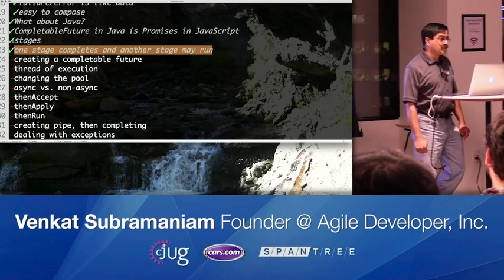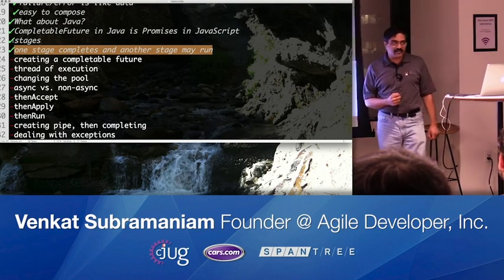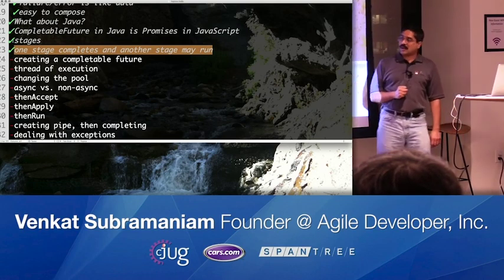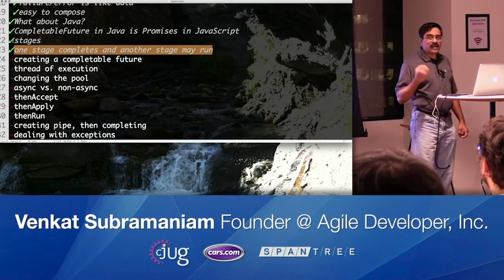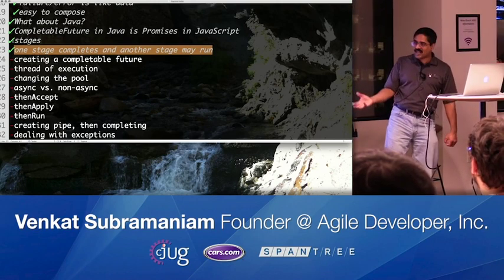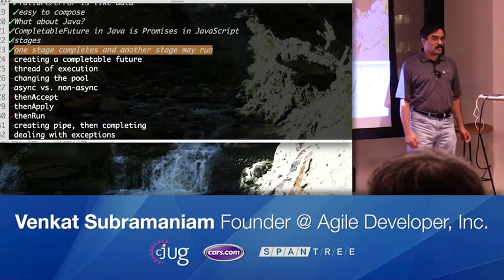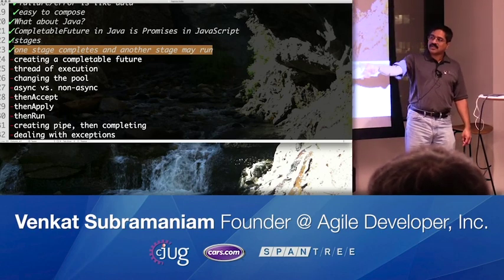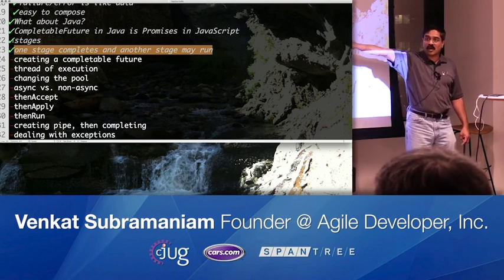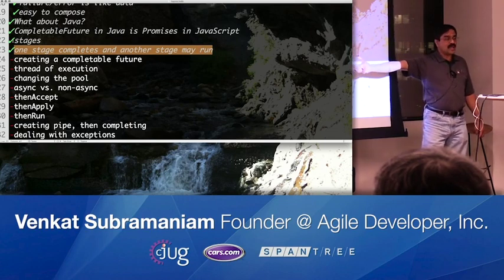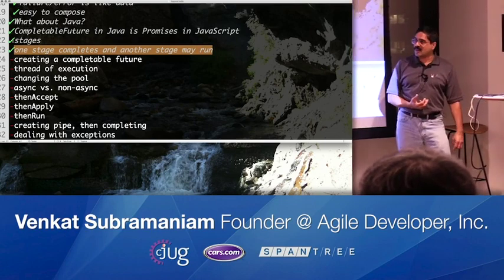How does this really help us with asynchronous programming? Well, if you are going to make a call to a particular function, you can return a completable future. The beauty of a completable future is you don't have to call and get blocked on it, just like a future. You can register with the completable future and say, hey, here is a piece of code I want you to run when the future resolves or when the promise rejects. And as a result, it will run without you having to block and wait on it.